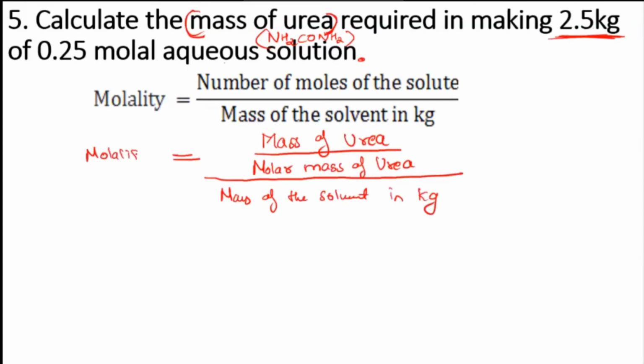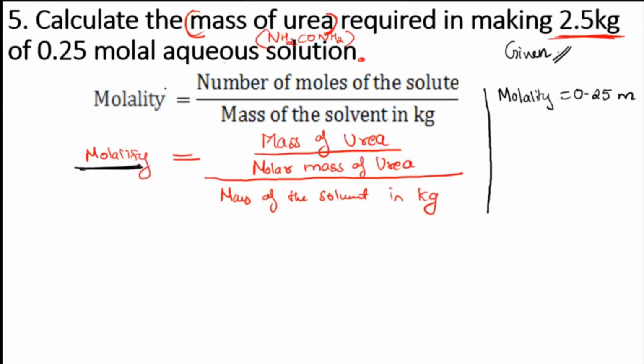Now once we have broken this down, what you need to calculate, that you keep aside and see whether other terms are given to you. What are the other terms we require here? Molality is required. Is that given to you? Molality is given. Means how much molar that solution is given. And what is that value? I will write at this side, whatever is given to us. Yes, molality is given to us. So molality over here is 0.25. Molar solution they have told, that itself is molality. Then what else? Mass of the solvent is given to you.